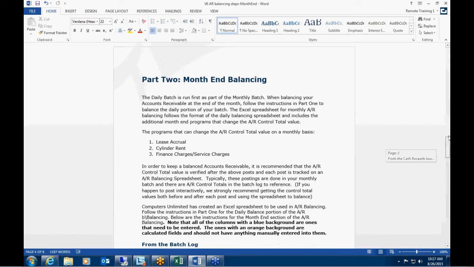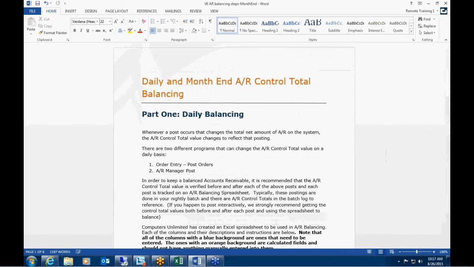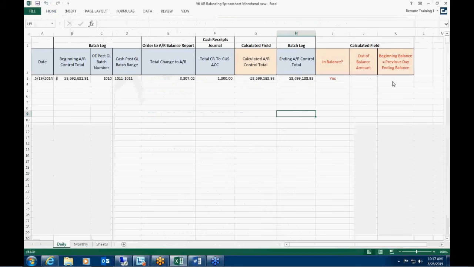Today we're just going to stick with daily AR balancing for version 6 and above. There's also a few new reports that go along with that handy spreadsheet that we'll look at. So let's jump into TIMS here